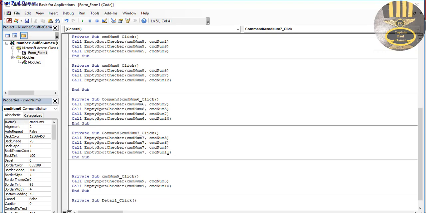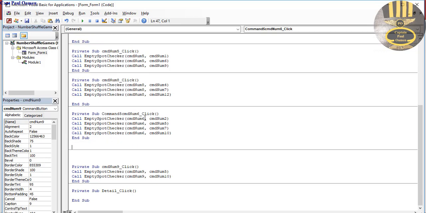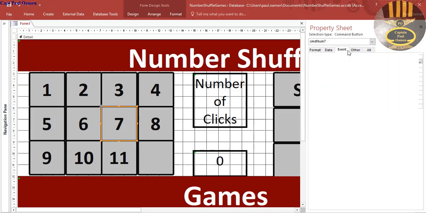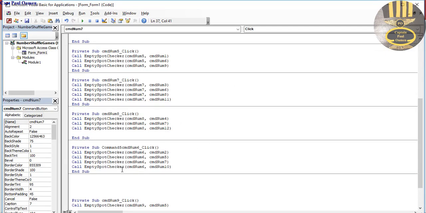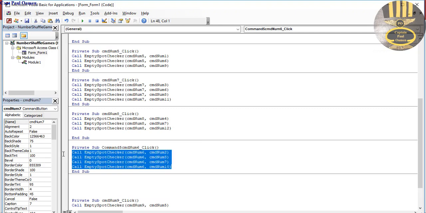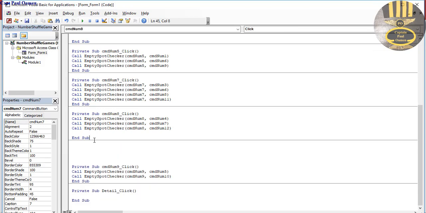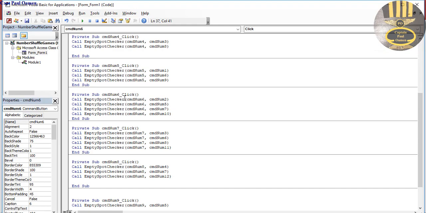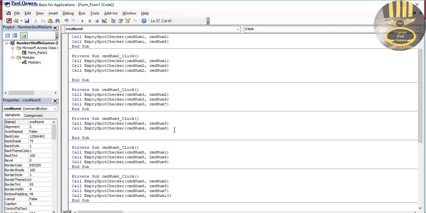Now this was for button 7. I'm going to grab that, cut that off, and just give it to button 7. Come right here with 7. Go to the event procedure of 7. That is it right there. Paste. Now, which other one did I correct? Button 6 was corrected as well. Cut that off. Select button 6. Go to the event procedure of button 6. There. Okay, all the errors are taken care of, so you have to be careful while you are naming each